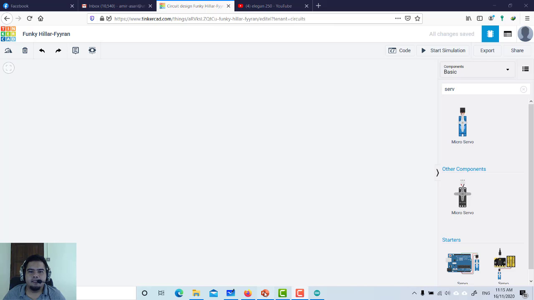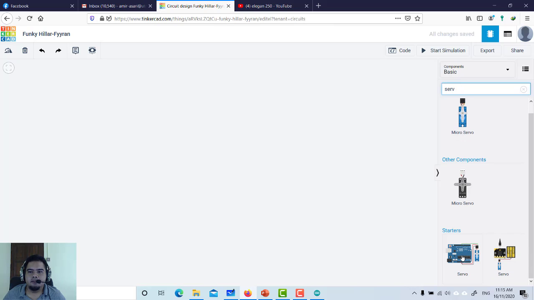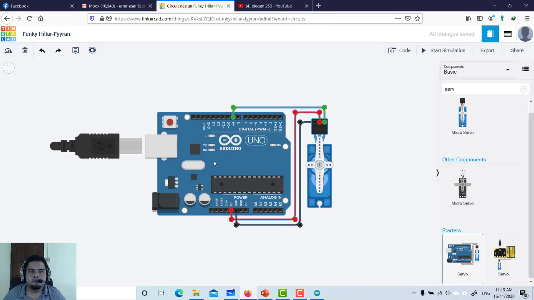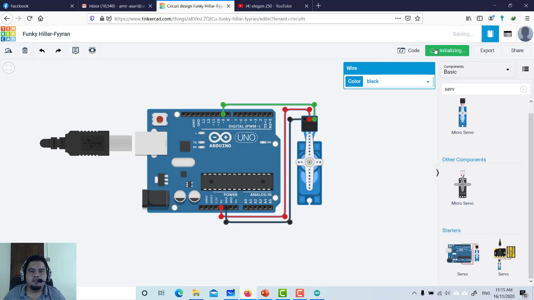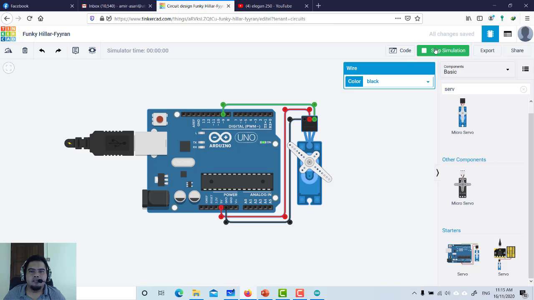In order for you to see these examples, you can just type servo motor in your Tinkercad and search for the one that is connected with the Arduino board, which is this one. If I run the simulation, you can see the motor is turning. It's turning 180 degrees, and then it's going back to zero position. So that is the behavior of the example.